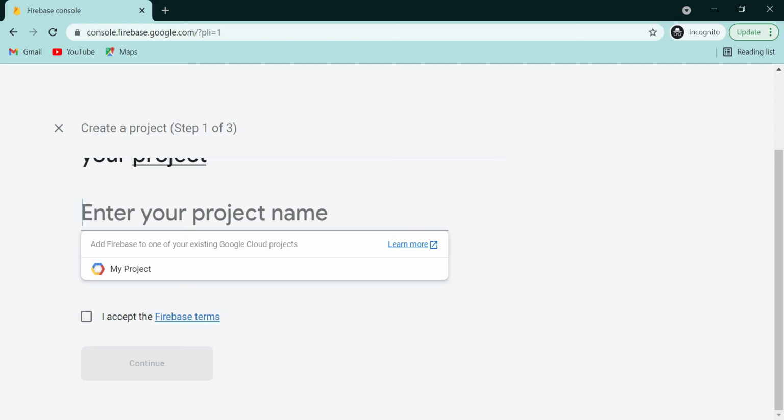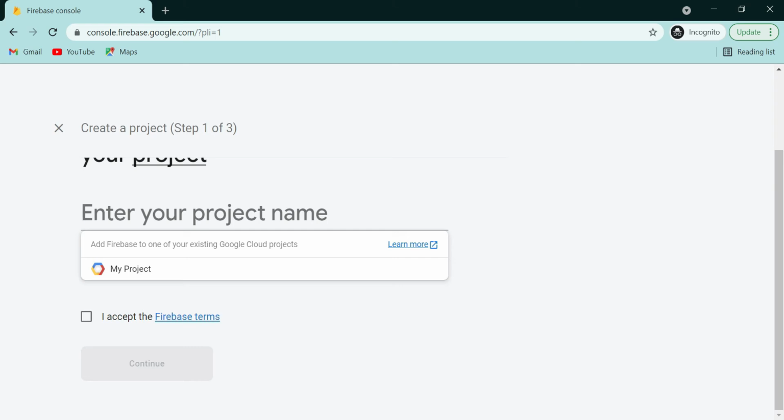Generally what happens is, once you create this Firebase account, you will get a URL. Using that URL you can directly access your site. There are two ways in which you can access the site. You can also create a proper domain name, like google.com or something like that, and then access your site.